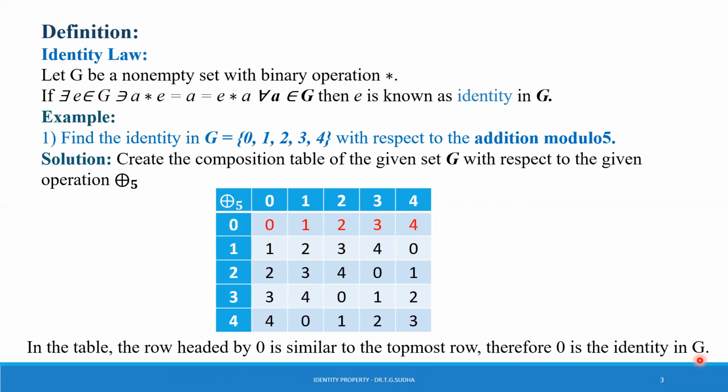Now let us see the Maxima program to find the identity of a given set G. So the first line is kill(all). Here the command kill deletes user variables, functions, arrays, etc., and resets all the internal variables to their default states. Next we enter the given elements in a list. To represent them in a list, we use square brackets. So the square brackets return the list of elements.